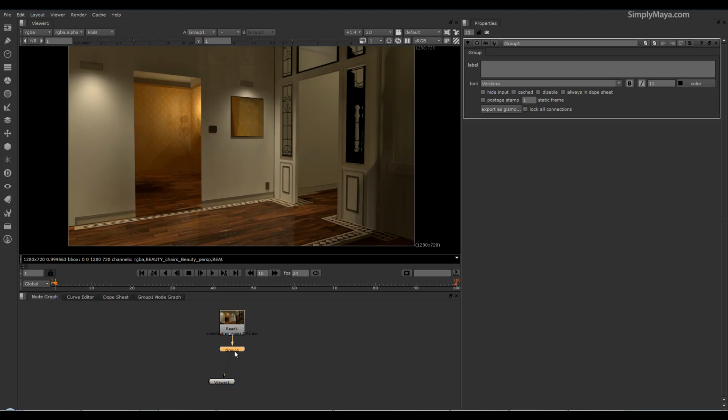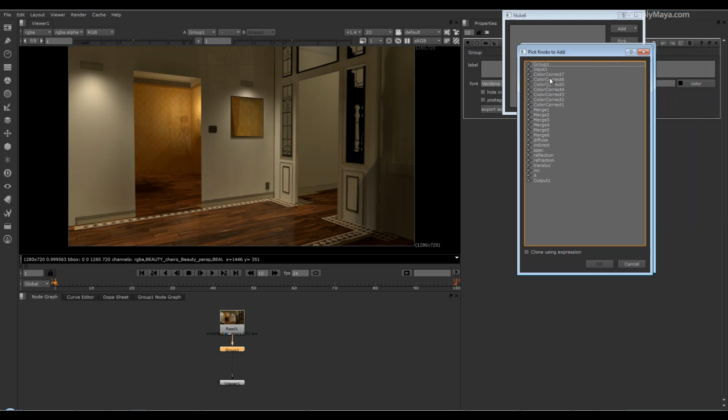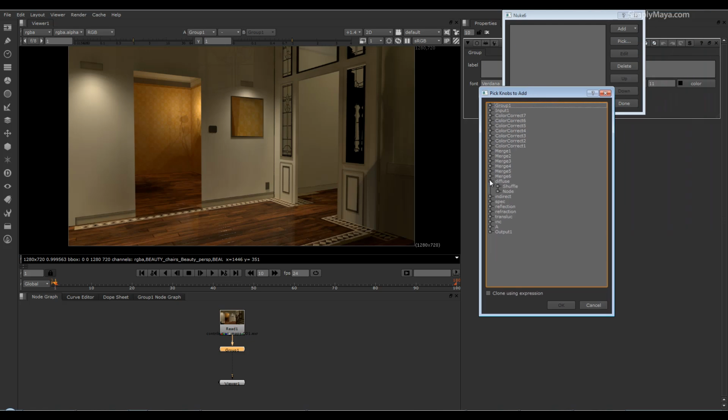So similar workflow to what we used before. This time we're just bringing forward the alpha, and I'll do the same thing I did before by hitting manage user knobs, pick, and again you'll see now why naming is important. I hate to keep beating you over the head with it, but I've had so many files from people where you just open them and it's just a huge mess. So we want to pick in from the diffuse shuffle the in node, which would actually be the diffuse in node for this contribution map, and we want to just repeat that process with the indirect,